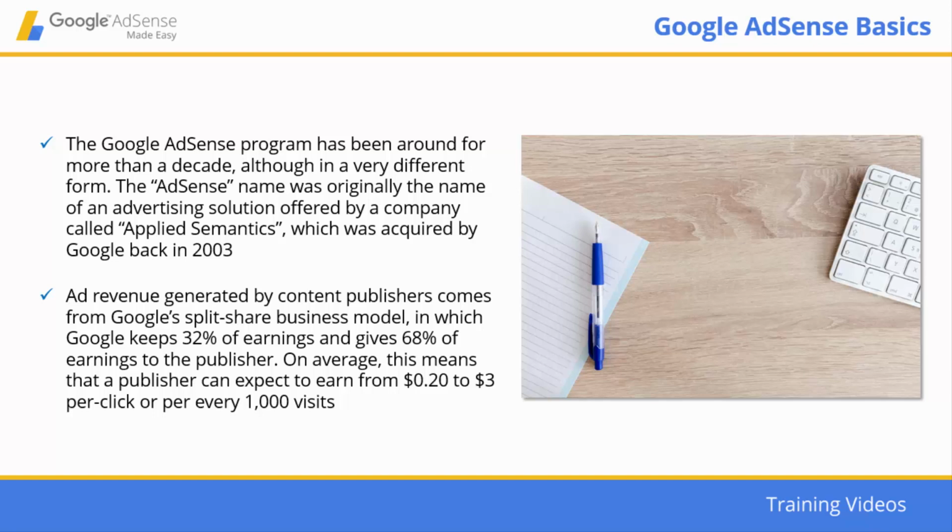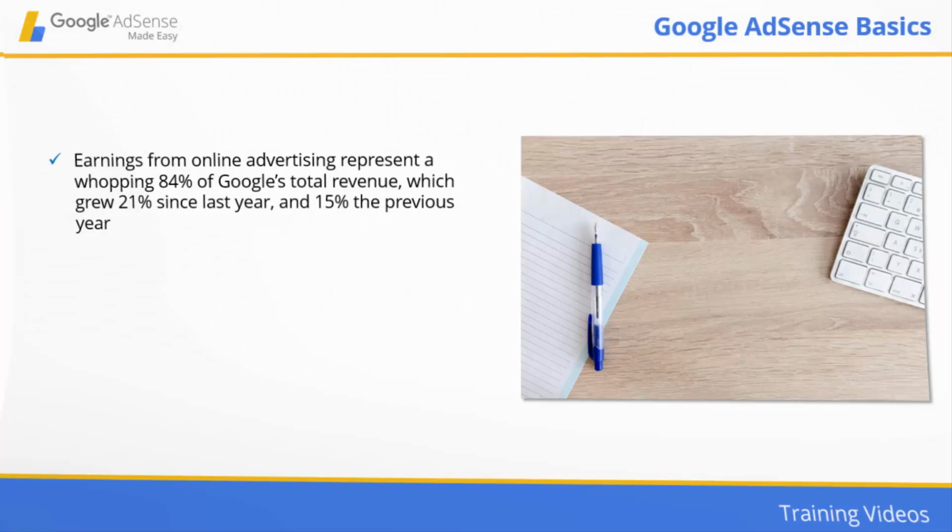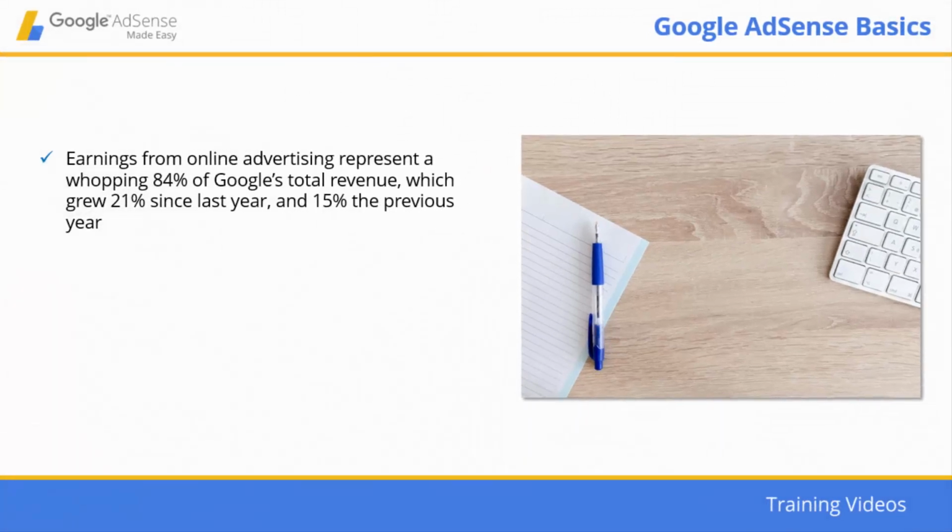Ad revenue generated by content publishers comes from Google's split-share business model, in which Google keeps 32% of earnings and gives 68% of earnings to the publisher. On average, this means that a publisher can expect to earn from 20 cents to $3 per click or per every 1,000 visits. Earnings from online advertising represent a whopping 84% of Google's total revenue, which grew 21% since last year and